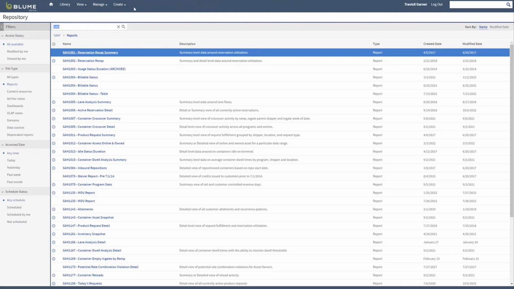The typical page that it will drop the users off on is the repository. This is basically any reports that they're able to run within the asset management application. Right now, because I'm logged in as a Bloom user, I have access to every single report. Depending on the user, if it's a shipper, they will be restricted to only shipper type of reports, which is, again, a lot of guided ad hoc reports, which have the GH in them, as well as a handful of shipper reports